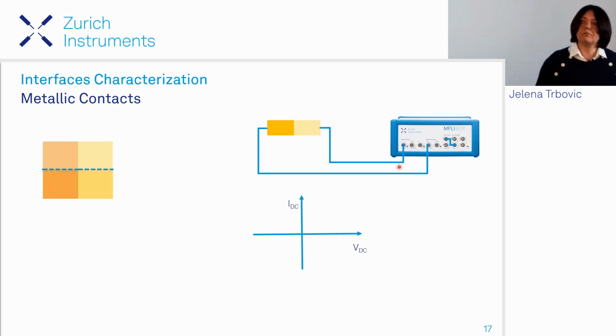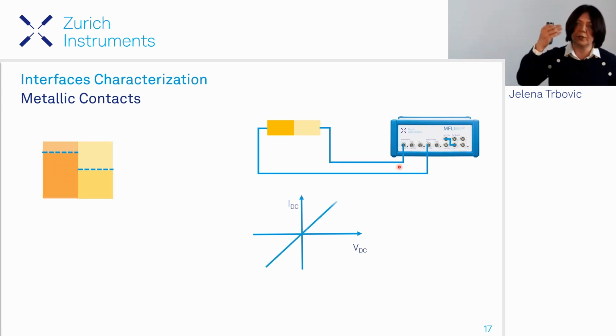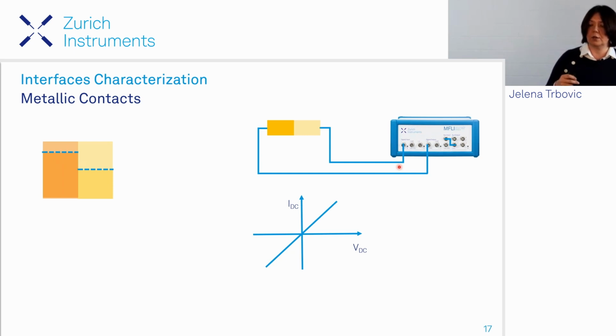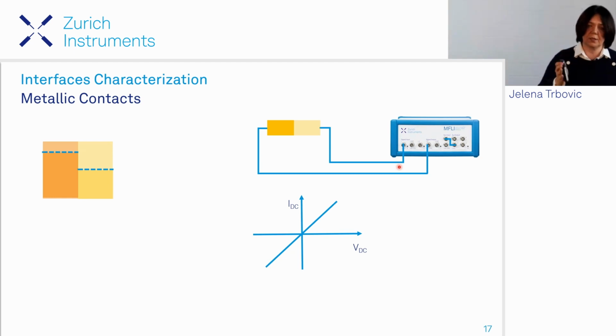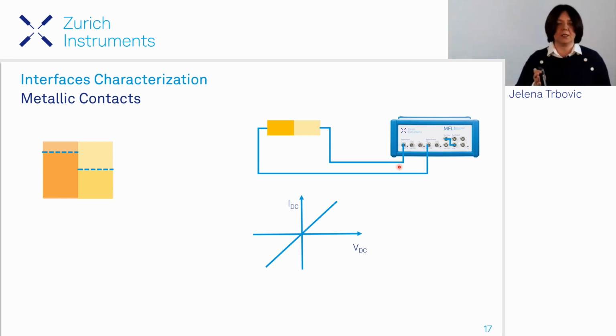And what happens when we apply the DC bias is we shift the Fermi energy of one of the metal leads, and we get this really nice linear term, which tells us that these two metals have nice atomic contact. But if there are states at the interface or a barrier, we will see the deviation from this curve, and